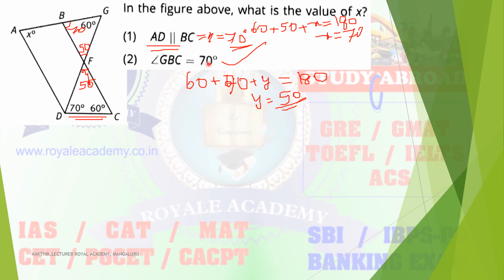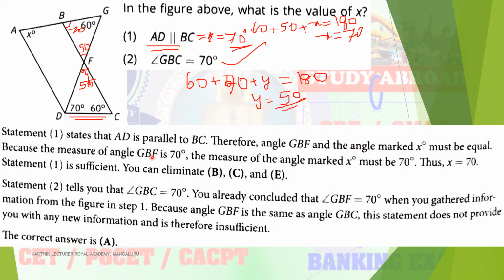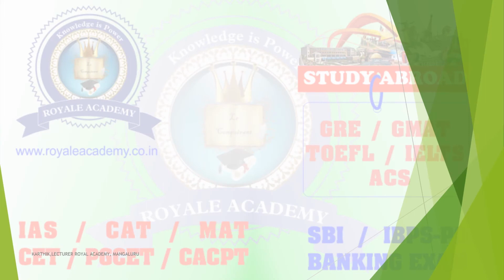So from the second statement it is not possible to determine the value of x, but from the first statement alone you can answer the question. Why? Because the relationship is told that AD is parallel to BC. So which statement alone? The correct answer is A. From the second statement they mentioned the angle but did not tell the relationship with x degree. So option A is the correct one.